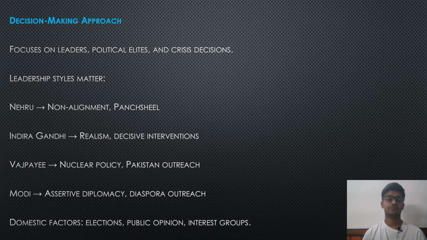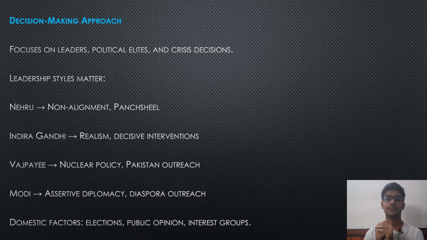And okay, so decision making, how does the decision making take place? So we have seen all the economic approaches and all the other things, but how does decision making take place? It does matter on the style of the prime ministers, on how assertive they are, what kind of thinking the prime minister has. And you cannot box anything into right or wrong. Everyone brings in something unique, as we discussed earlier.